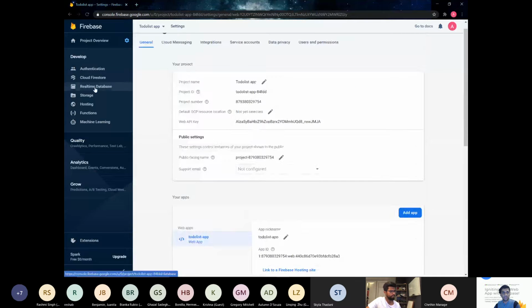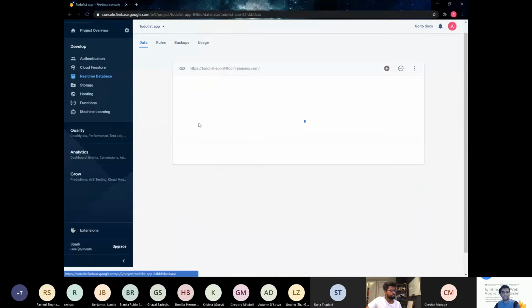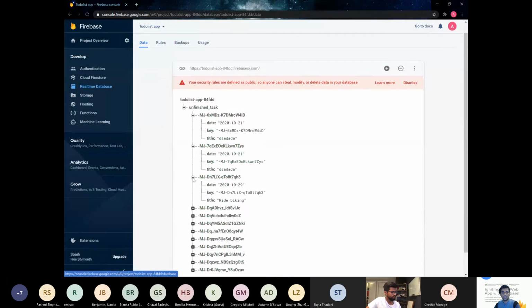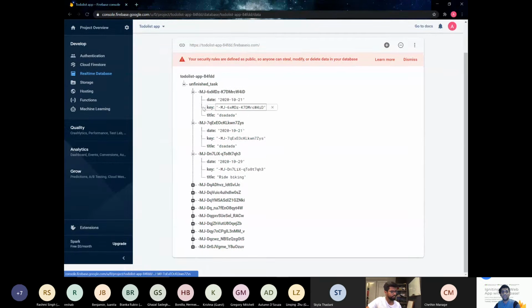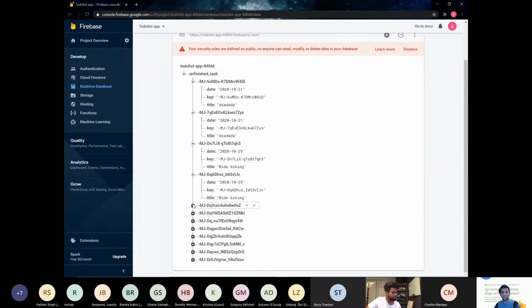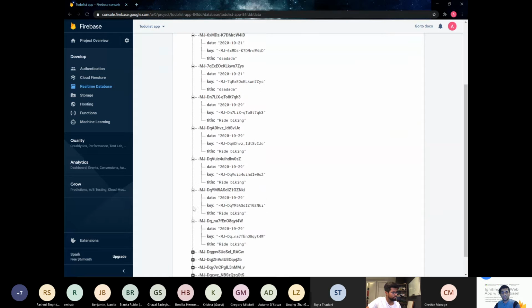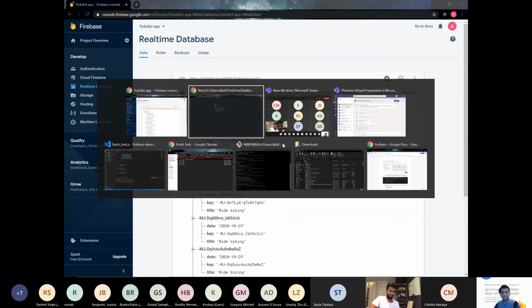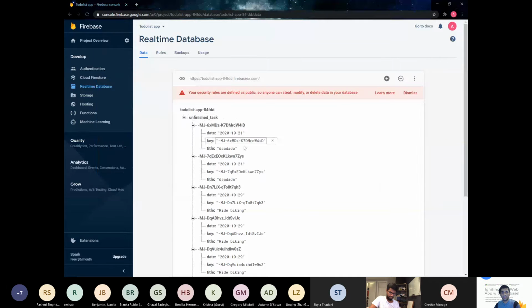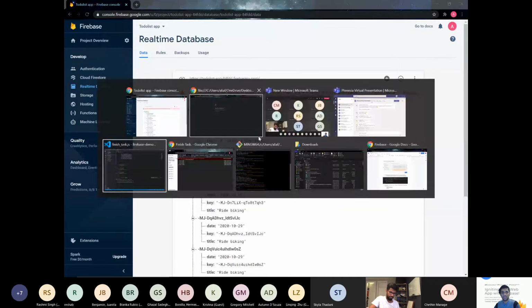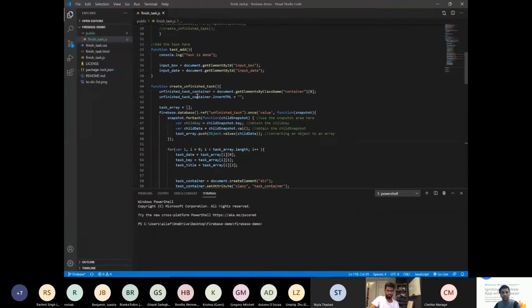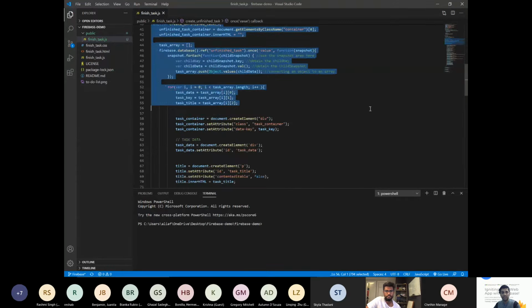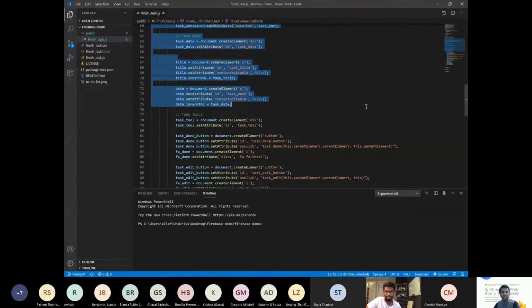Right here in your real-time database, when you do something you need to do, you should see date, key, and title being added to your real-time database. It should be like an unfinished task for the overall method. If you want to know where the unfinished task comes from, that comes from line 40. So that's great. That's basically how most of the real-time